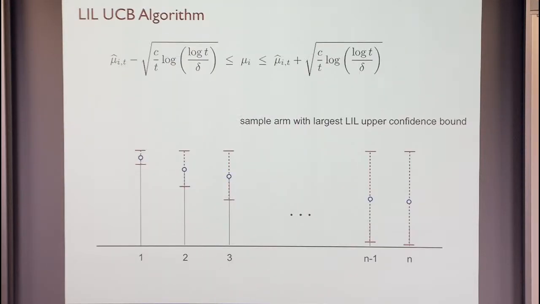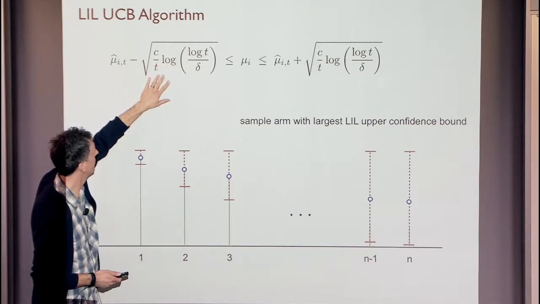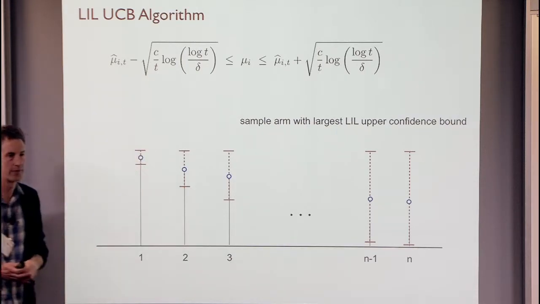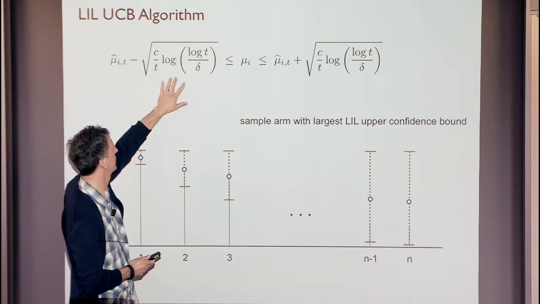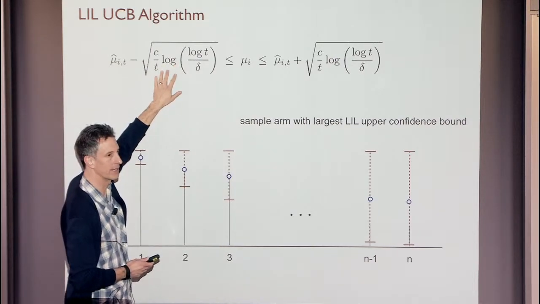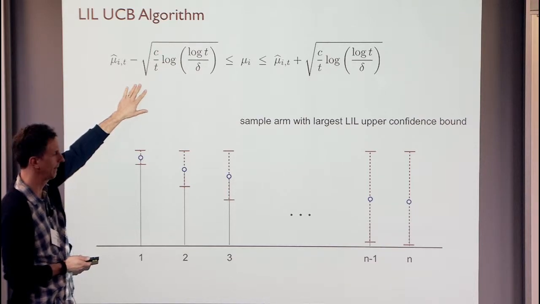All right, so it turns out that it's not terribly difficult to get a finite sample version of the LIL. And you can get confidence intervals that then look like this. So you have this log-log thing in there, okay? And this holds for all t, but just for a given i. It's not a uniform bound for all i. It's just uniform for all t, okay?